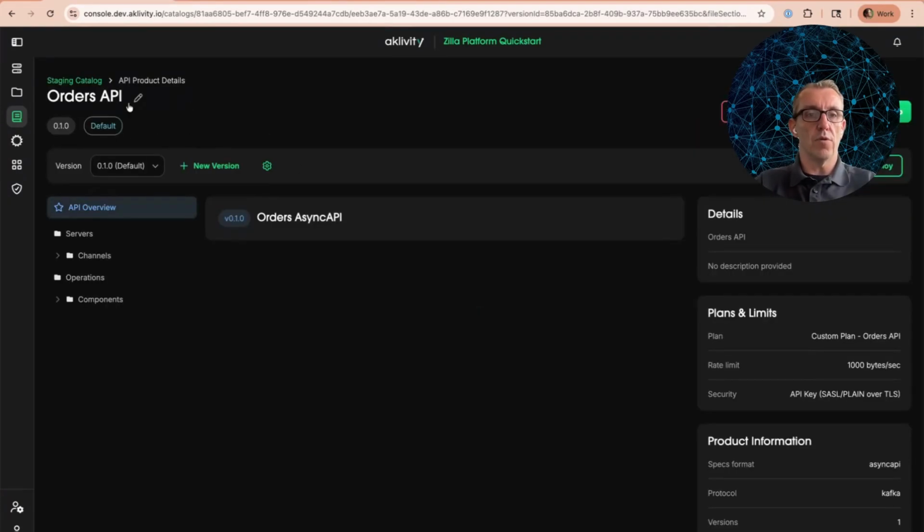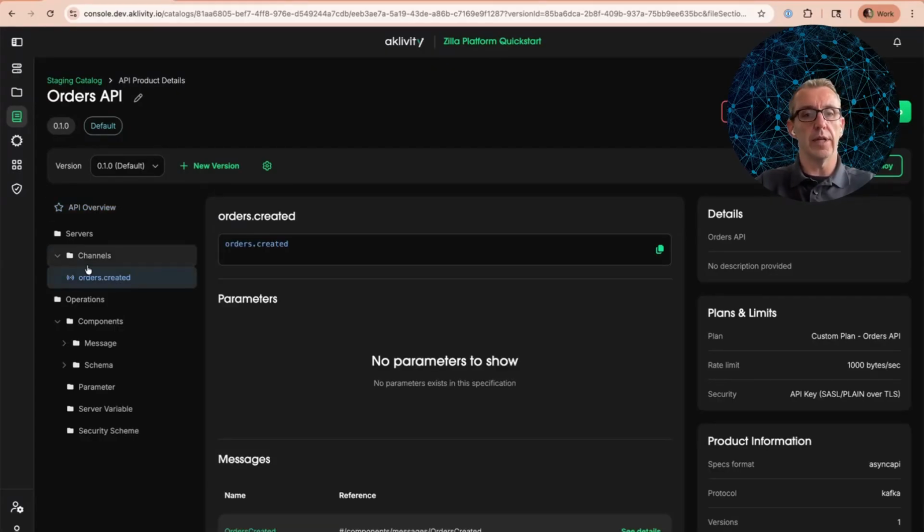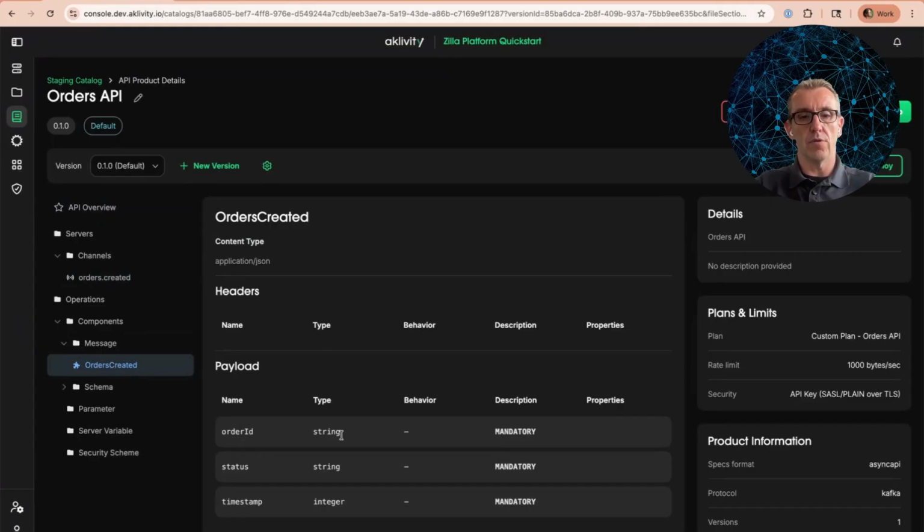And so here we have an orders API that's described using a standard called AsyncAPI. AsyncAPI is the sister specification of the OpenAPI spec, or Swagger, that's used for REST. And it's a generic description that always has support for all the different kinds of asynchronous protocols, including MQTT, including Kafka and others. And so this orders created channel in that terminology is actually, in Kafka terms, a topic. And then down here, we have the message for, let's say, orders created.